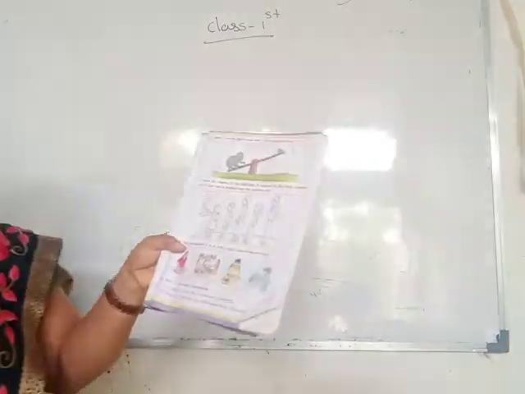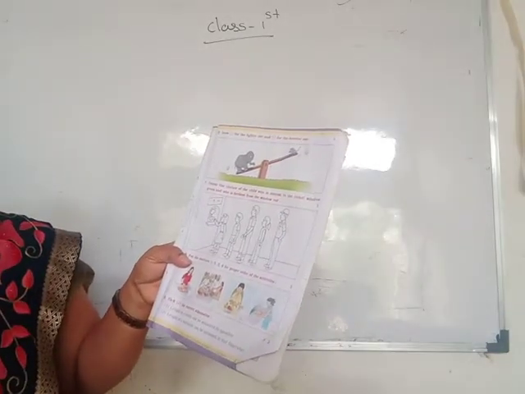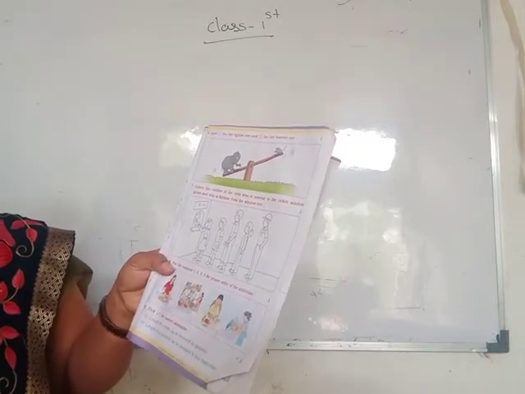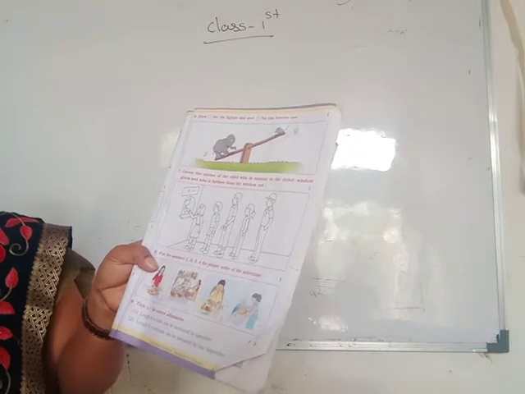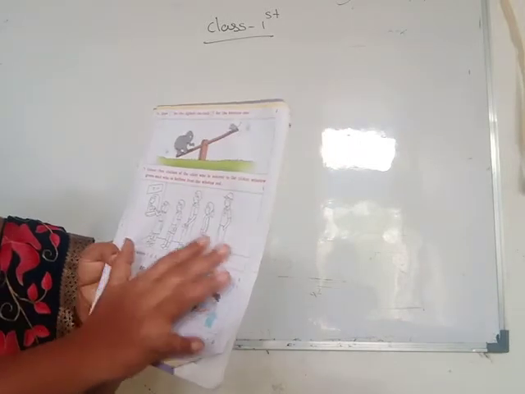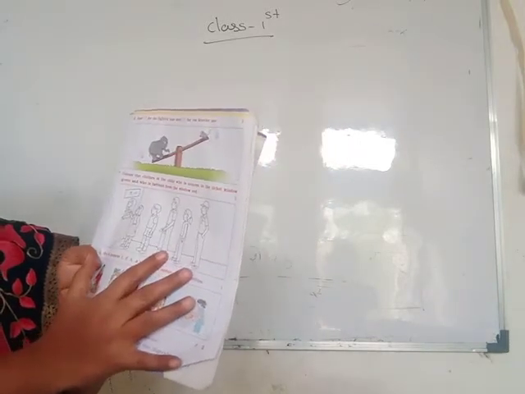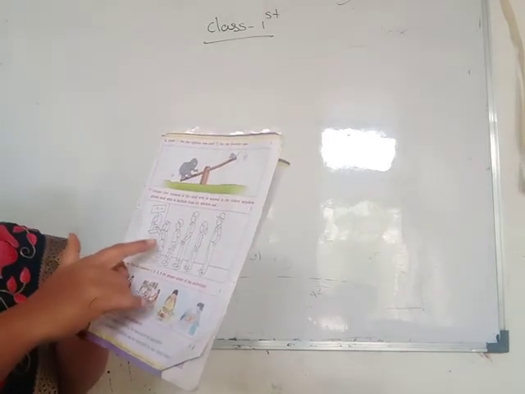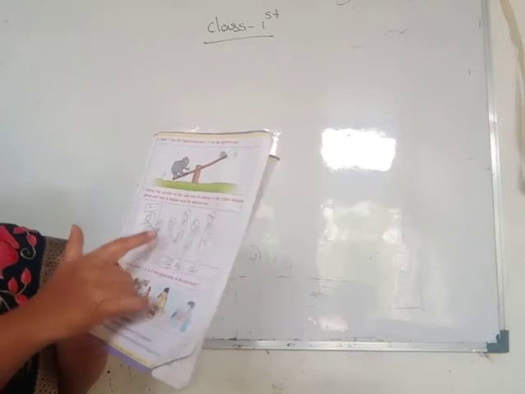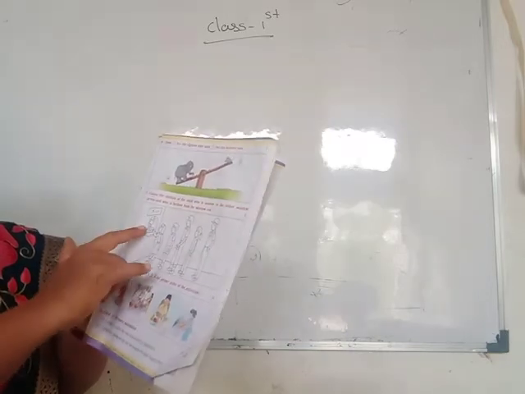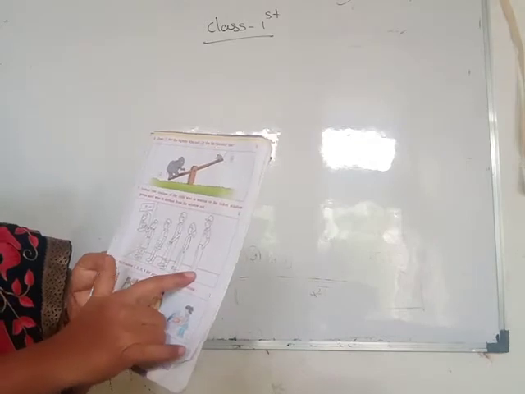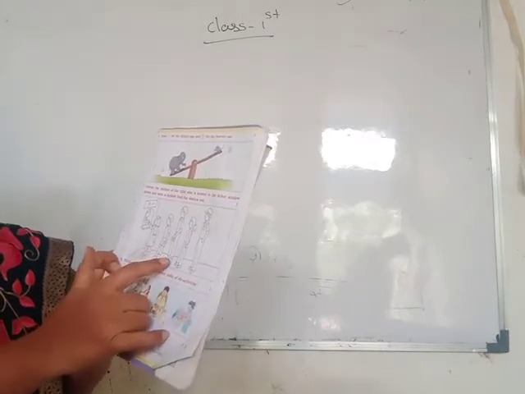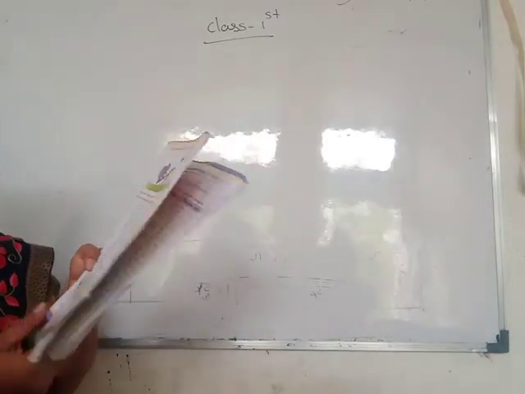Then next one picture, see. Color the clothes of the child who is nearest to the ticket window green and who is farthest from the window red. You give color here to pictures of these children. Then you give color which is nearer to the ticket, nearer these two children, and farthest from this ticket window here 3. Then first these two, which color? Green color, and next one this red color.